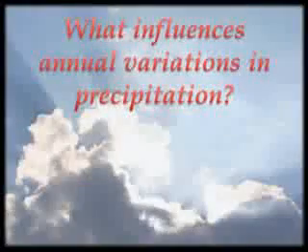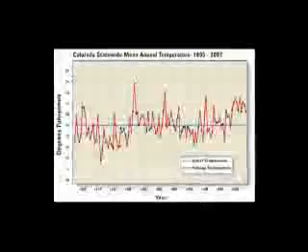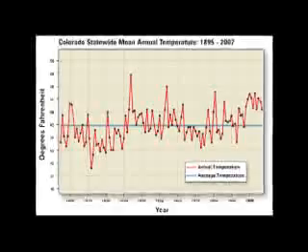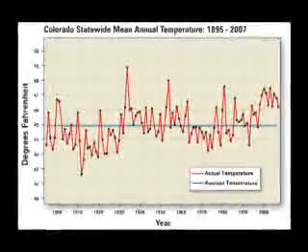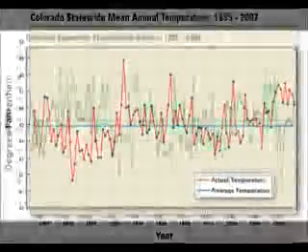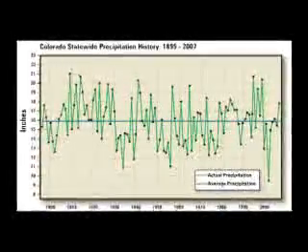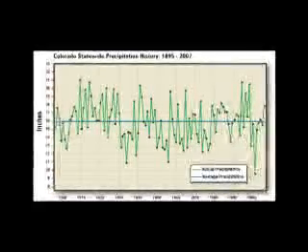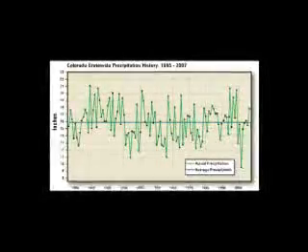To go further, why do some years bring blizzards and others see drought? There is no doubt that no 2 years are ever the same. Temperatures are more reliable from one year to the next. The difference between a really warm year and a really cold year, averaged over the whole year, is only 2 or 3 degrees Fahrenheit. But when it comes to precipitation, the differences are huge. In a dry year, we may only get half of the average, long-term average precipitation. In a very wet year, we could get 150 to 200% of the average. That's a huge variation and makes you appreciate what our water managers have to put up with trying to keep